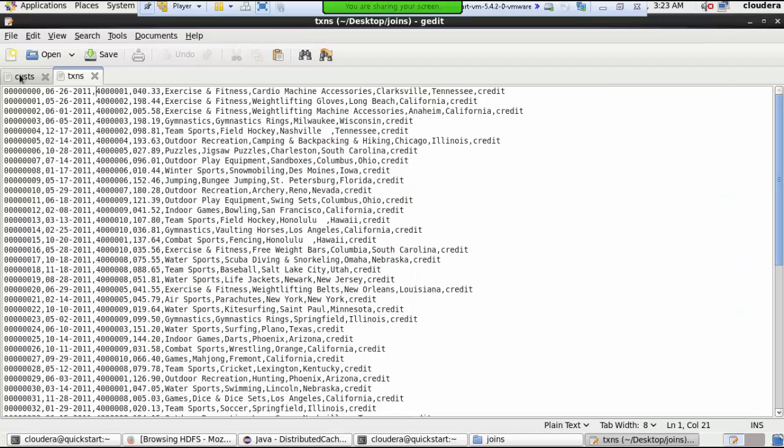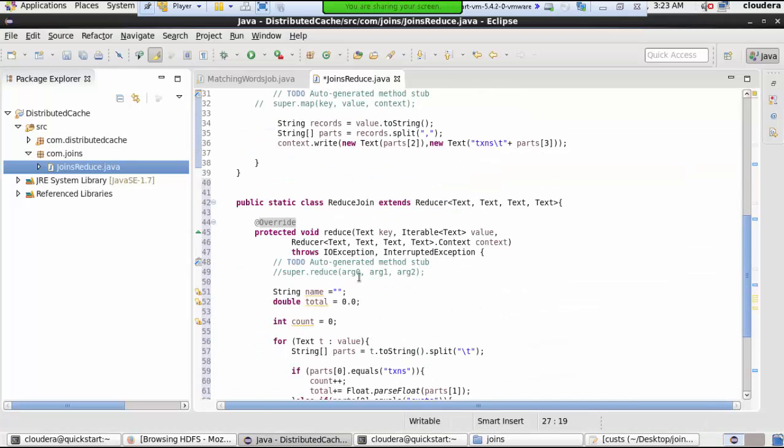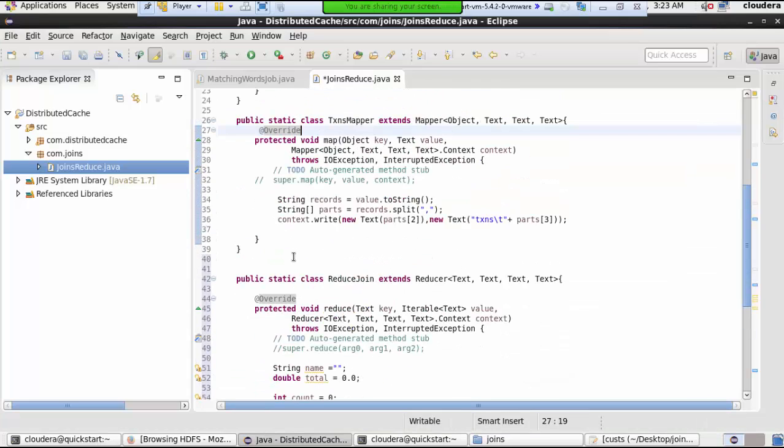Okay, for example, it will be custs Christina, cust Page, cust tab Sherry, cust tab Gretchen. So if it is a cust in the very first place, it will take the name here and put it in name. Okay, and this will carry on. Alright,